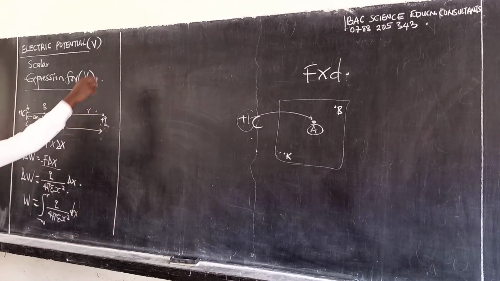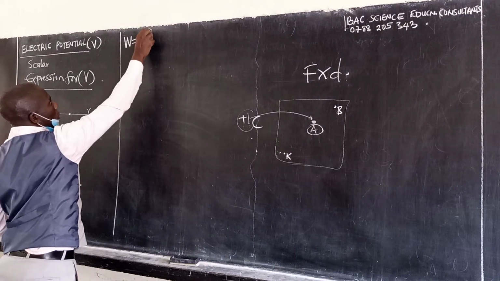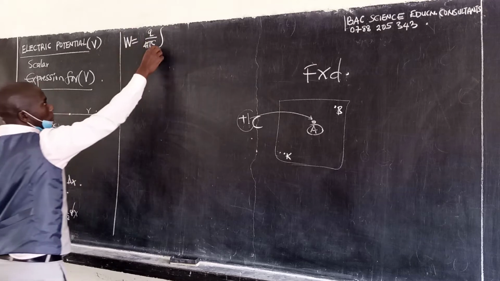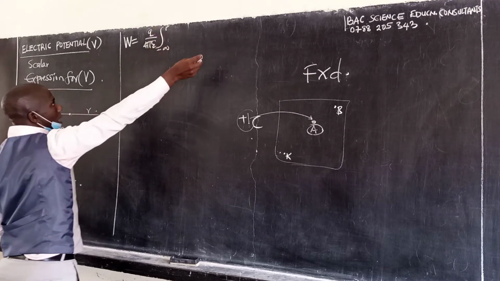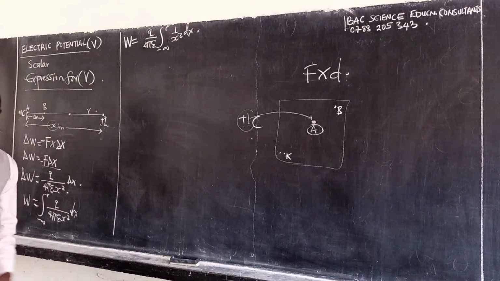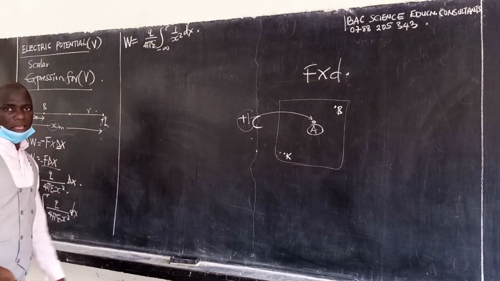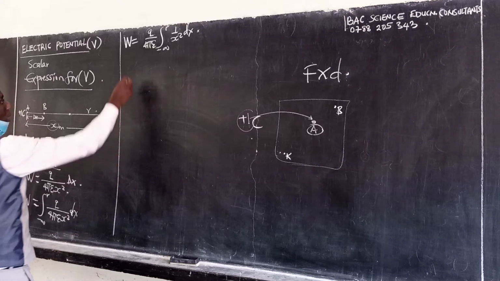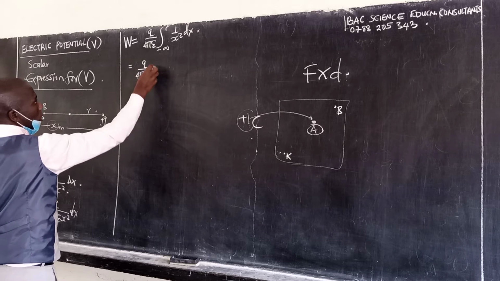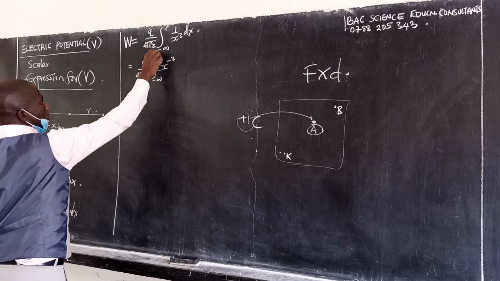So therefore we shall have work done equals q out of 4 pi epsilon, the integral from negative infinity to r of 1 out of x squared dx. This is yet to be integrated. We can put this one up and the 2 gets a negative power. So this is q out of 4 pi epsilon, the integral of x power negative 2 from negative infinity to